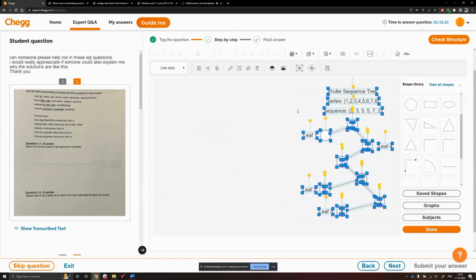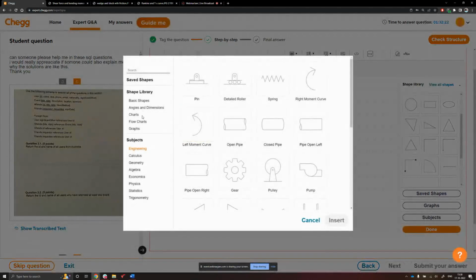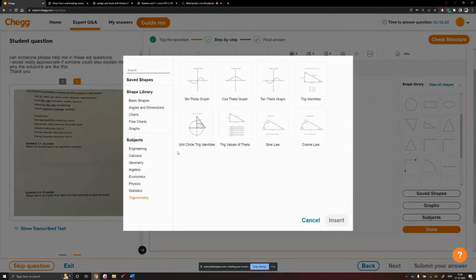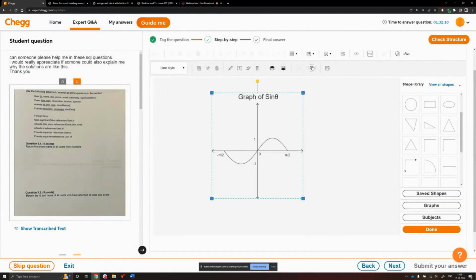Another thing I want to mention is the sine curves, which are present in trigonometry. So if you want to draw a more complicated curve, you can always insert the sine theta graph, cos theta, tan theta from here. And after you ungroup them, you can change the shape of the curve by using these dots. So these shapes can also be drawn in the shear force and bending moment diagrams to get an accurate representation of the curve.